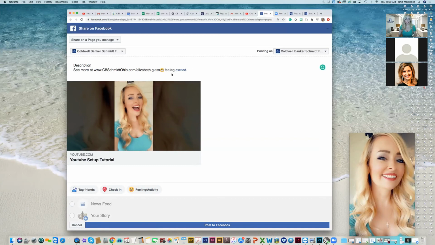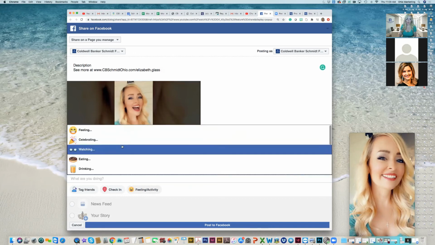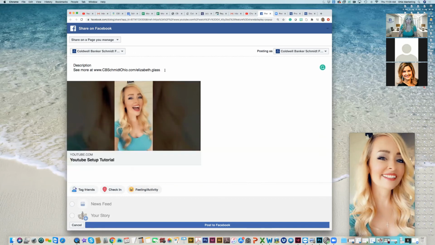So this actually just captures your eye a little bit more. And I know some people are like, I don't want to use emojis. Nobody uses emojis, you know, at my age, or whatever the scenario is. But studies have shown that when you have an emoji or some type of icon in either your description, your text, or your wording, it's actually more interacted with. So that's just a thought point there. Don't think because it's business, you can't put a smiley face.